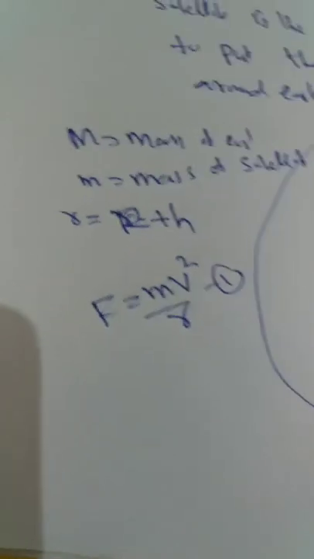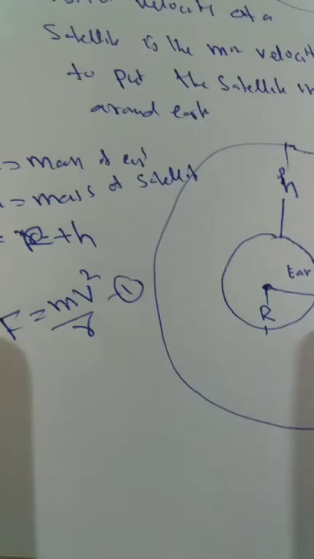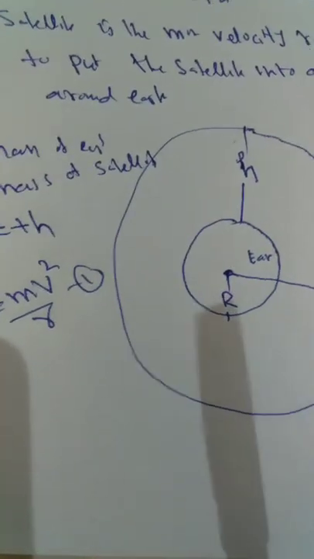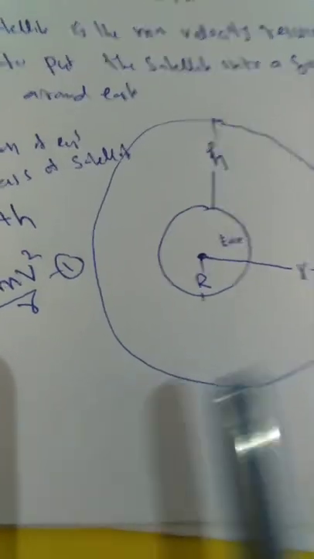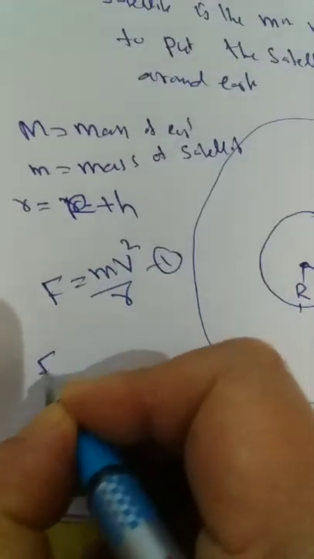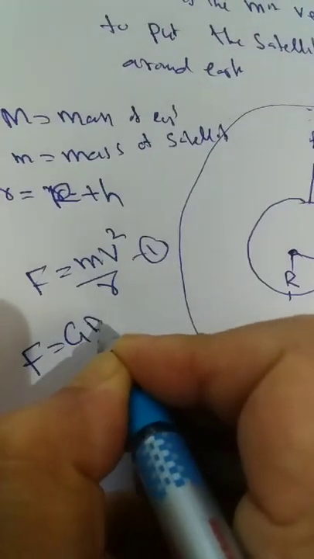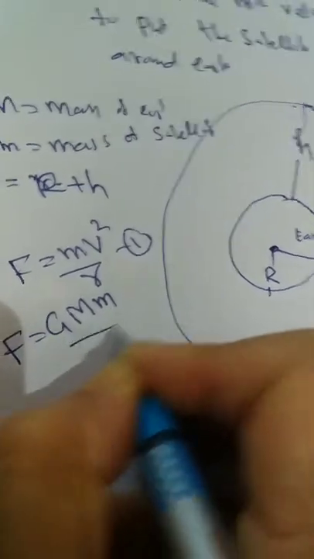That means this is the force required for a satellite to move in a circular path around the earth. But according to Newton's law of gravitation, if a satellite is here, this force must be equal to G capital M small m divided by r square, from the universal law of gravity. These two forces must be balanced, because if they are not balanced, as I already told you, if the velocity